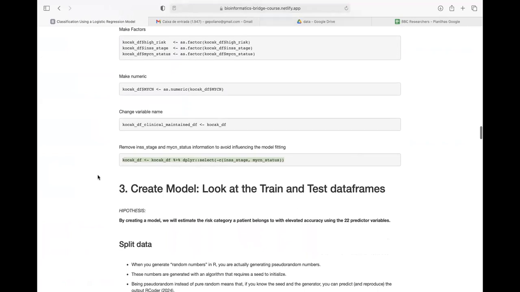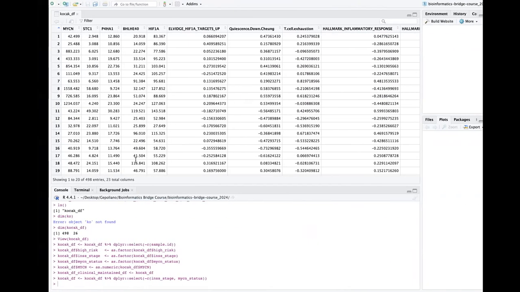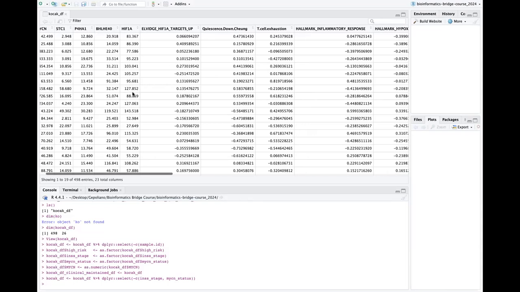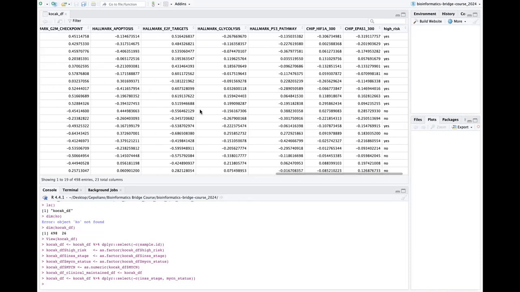So now let's take a look at the Kozak underscore DF. It's telling me that there are 23 columns in total. And you can see the high risk column,